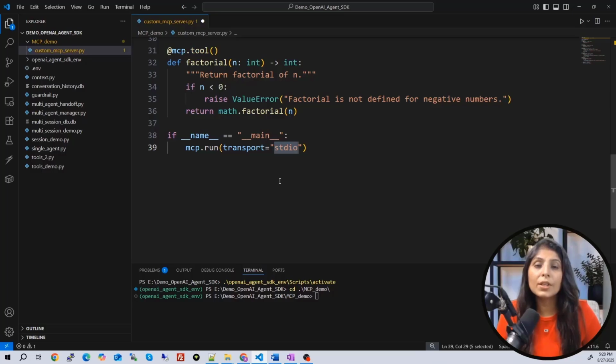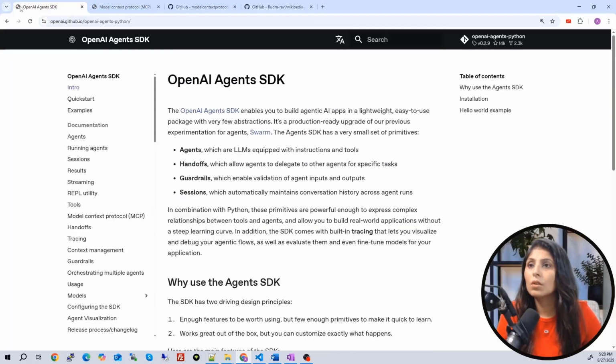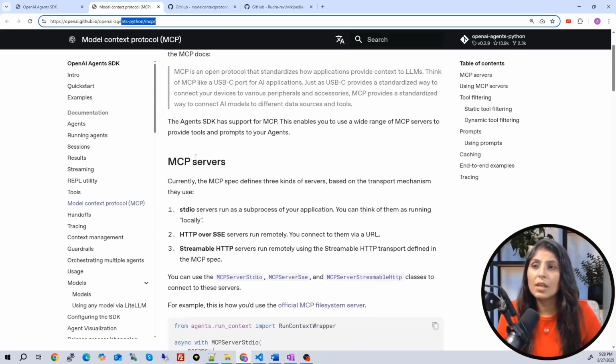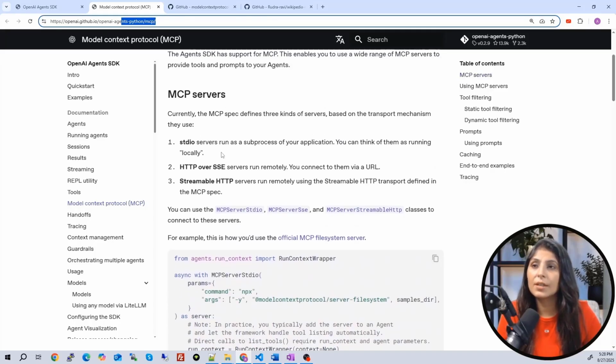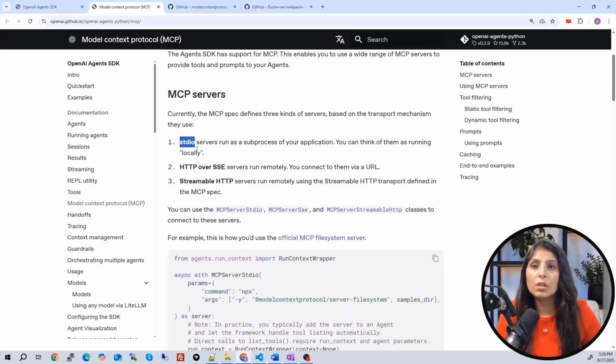Guys, let me open the documentation of OpenAI Agents SDK, and over there they have mentioned the other two methods. So let's discuss that part first, and then we will come to the coding part again. So over here, in this MCP server section, just see. Right now we used this method, right? So there are different transport mechanisms. The one which we used right now in our custom MCP server is standard IO.